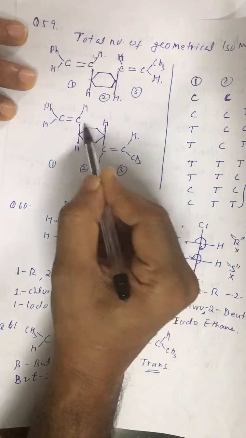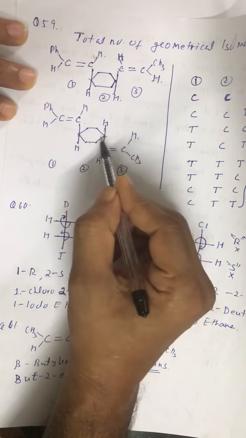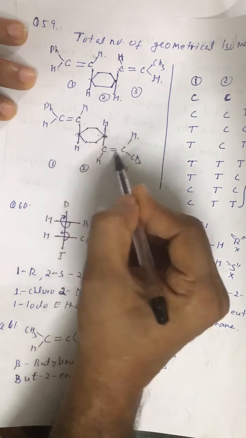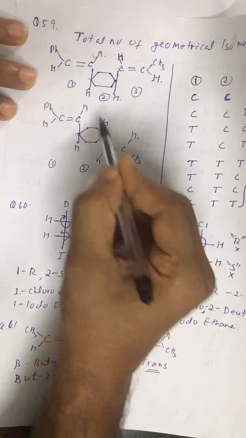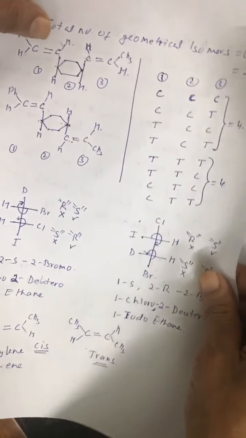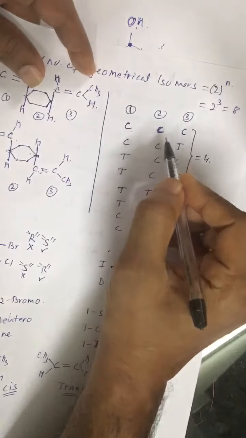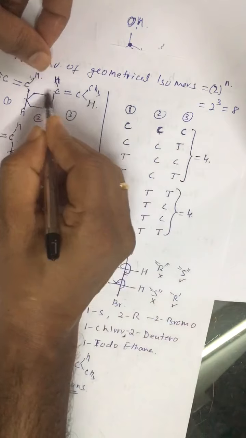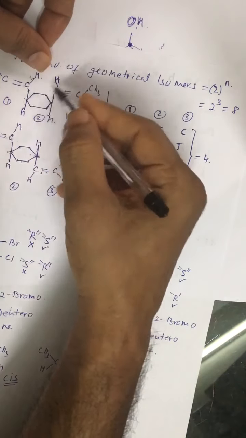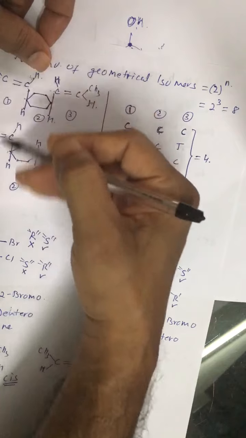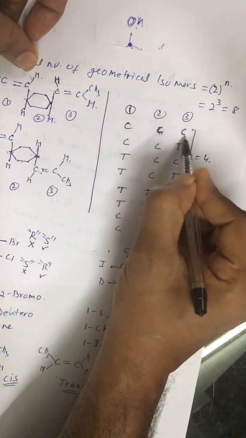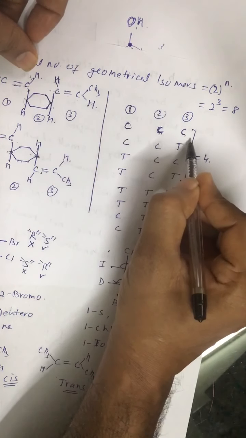So the second possible structure is on cyclohexane, with 1 and 4 substitution like this. They are at trans position. Now see how it can be seen. The central carbon, this one, is cis. Both these groups, or both hydrogens, are on the same side, so this is cis. Now the first part can be cis, the third part can be cis, meaning all parts are cis.